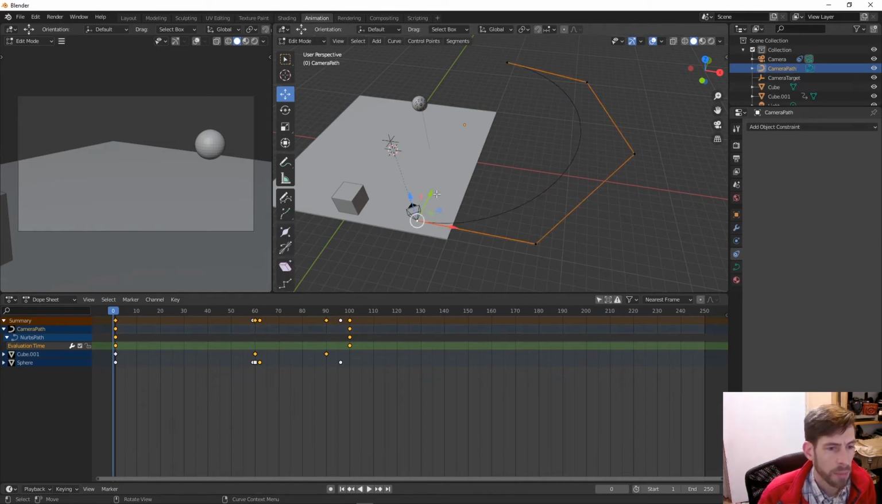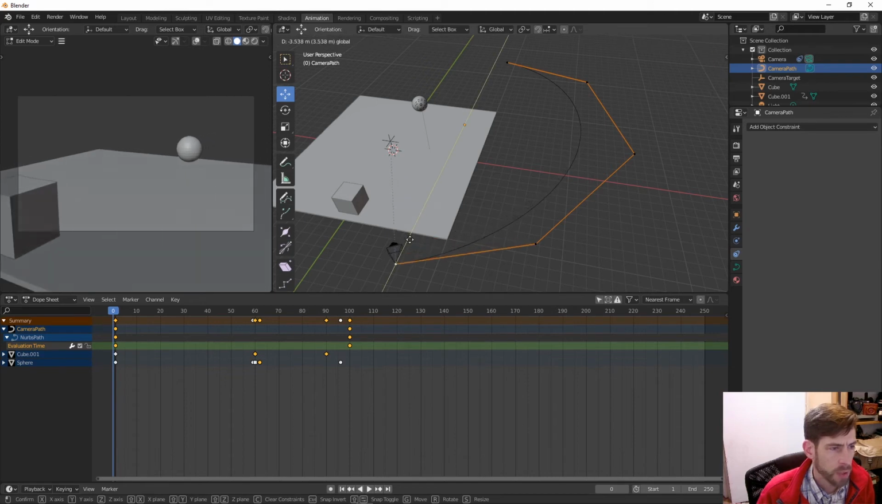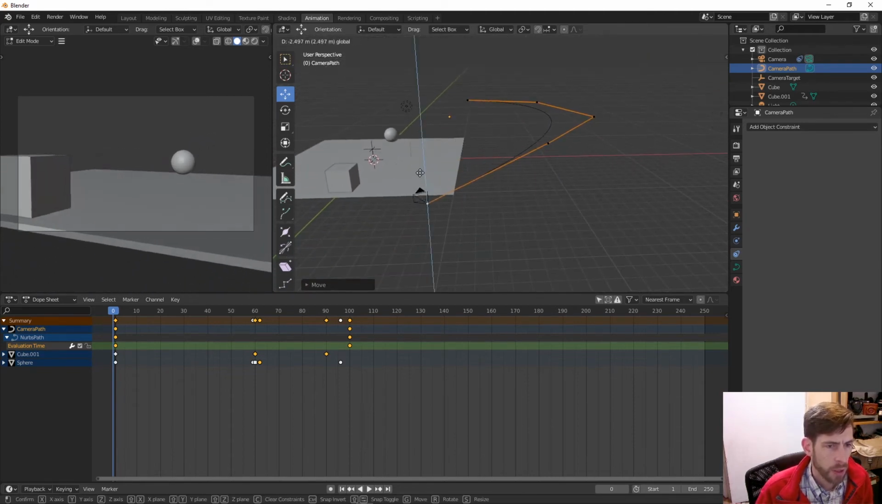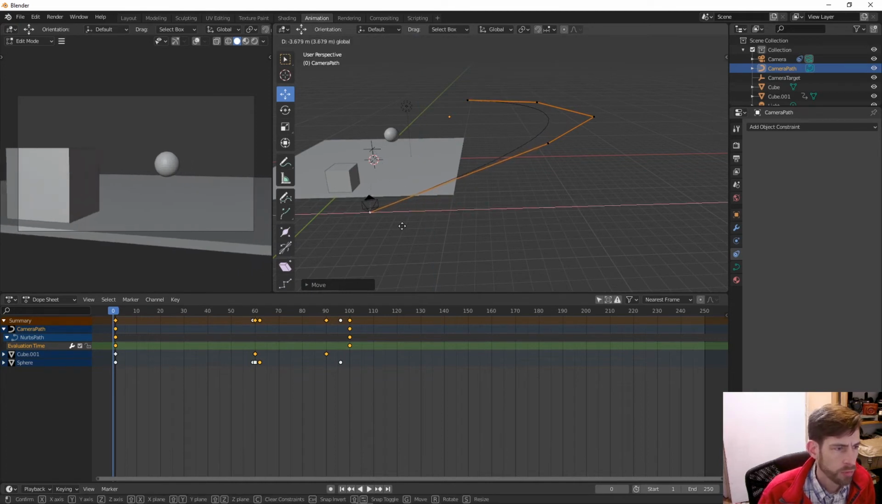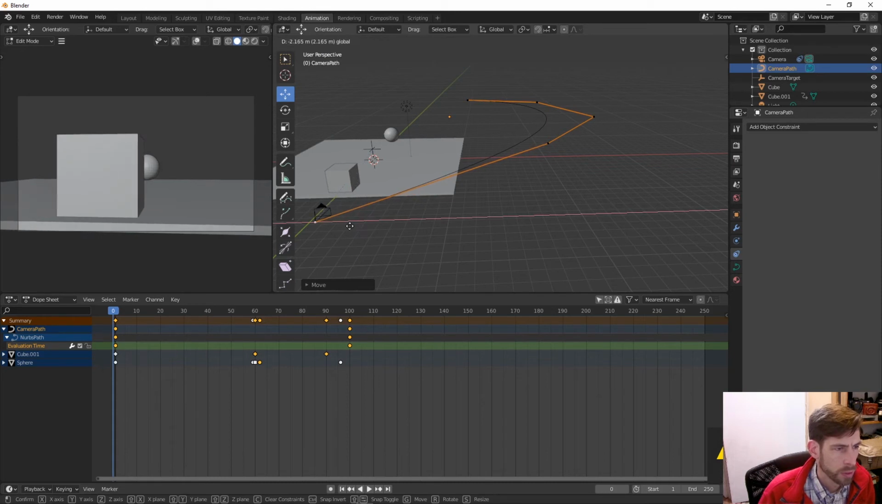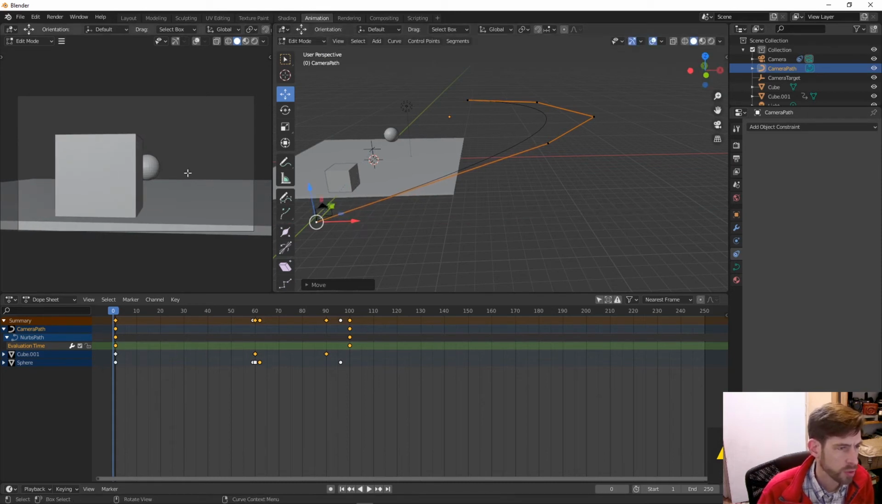So let's go into edit mode, and now I can grab this point and I can kind of pull it back, maybe drop it down, maybe bring it over, create some sort of a dramatic camera angle, something like this. Ooh, that's kind of cool. So we can kind of see the sphere as it's kind of eclipsed by the